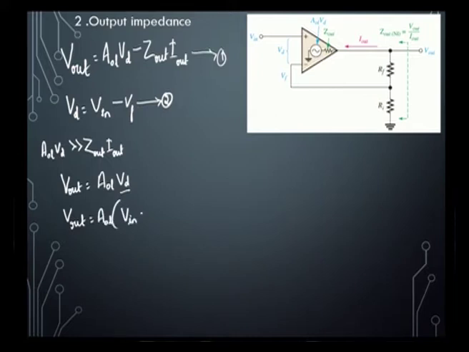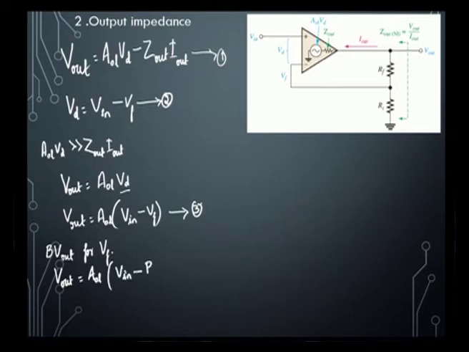V in minus Vf. So, substituting B V out for Vf, we will get V out AOL, V in minus B V out. So, everything is over. Now, again the simplification has to be done. After simplification we get